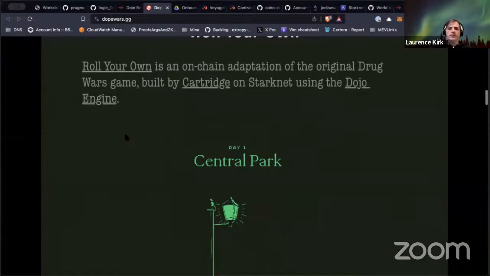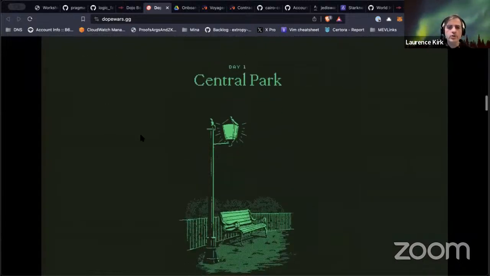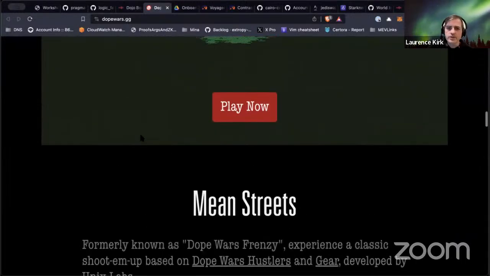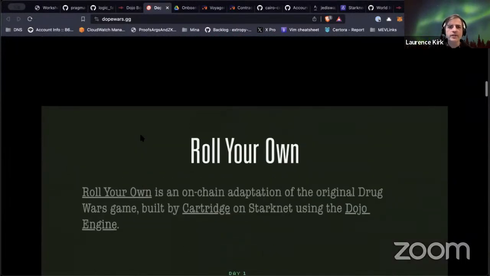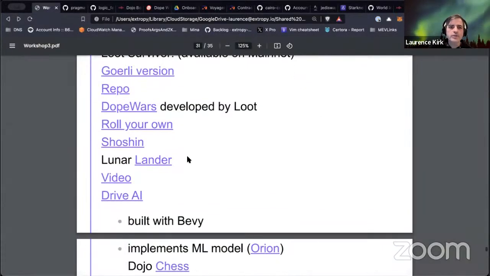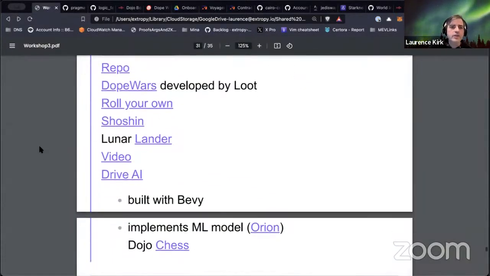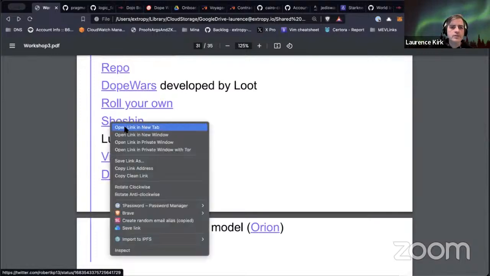So this has been implemented. It's called Roll Your Own. It's been implemented on StarkNet using the Dojo engine. So you can try that out. You can see here, and you can check out their code. There's a link there to Roll Your Own. This next one is